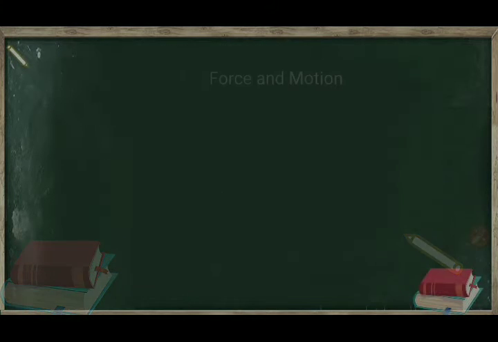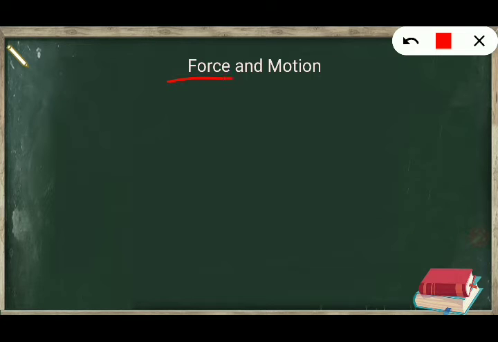So we are entering gravitation. Before this you have to know about two things, force as well as motion. What is meant by force? You know that force is any external agent which will set the body in motion or retard the motion of the body. What is motion? Motion is nothing but change of the position of the object with respect to time. And the force is the cause for the motion. If force is there, there will be motion of the body, right? This is the interrelation between force and motion. So this is clear.